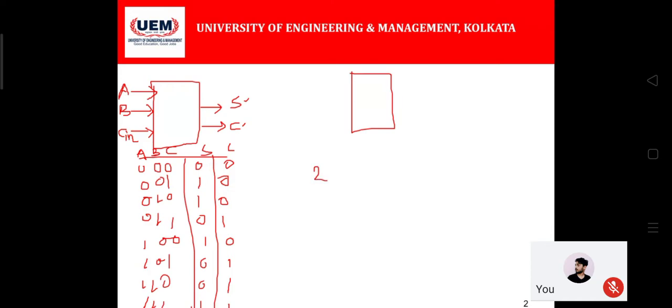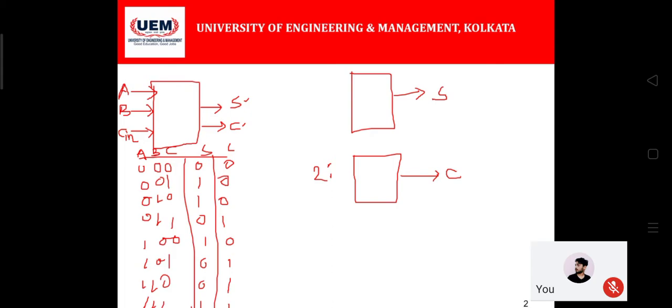Say a multiplexer is a single output circuit, and you can see that an adder circuit can produce two outputs. One is sum, one is the carry. So if a multiplexer has one single output, then one single multiplexer is not enough to represent a full adder circuit. Why? Because it has two outputs and the multiplexer has one output. So instead of using one multiplexer, we can use two multiplexers, and we can use them to generate the sum part and the carry part itself. So I am just taking today's approach from a different point of view.